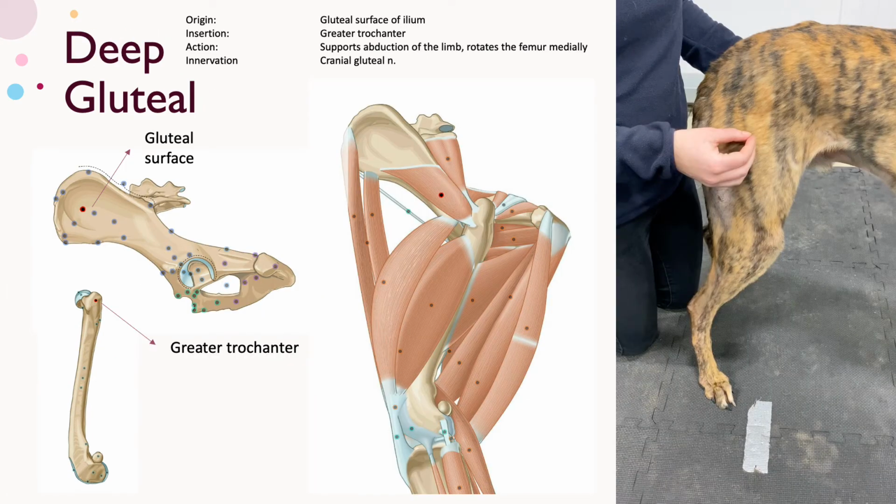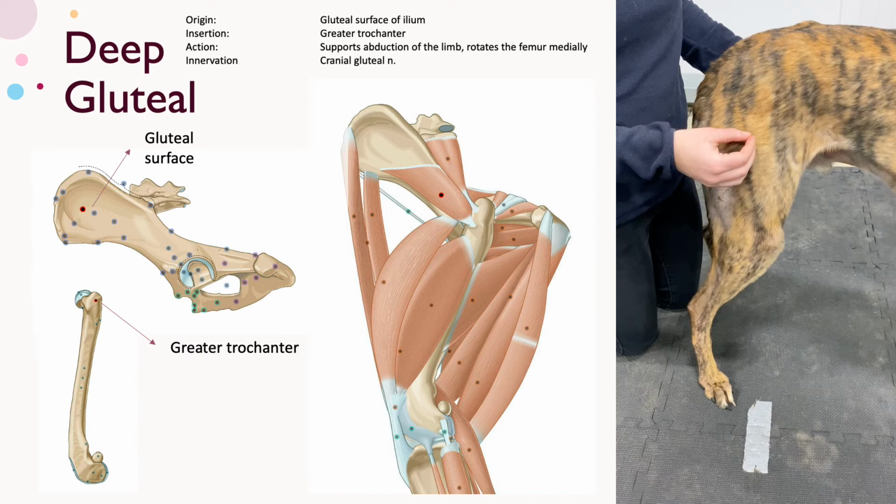So the next muscle we've got is the gluteal muscle, so the deep gluteal. This is the deepest, obviously, of all the gluteal muscles. So it originates from the gluteal surface of the ilium. So if you look at the centre image with all the muscles there, you can see where the red dot is. You can see that the deep gluteal originates a lot further back on the actual ilial wing, and then it inserts more cranial and proximal on the actual greater trochanter, and a bit more medially than the other gluteal